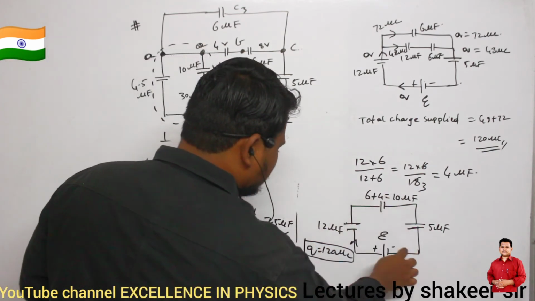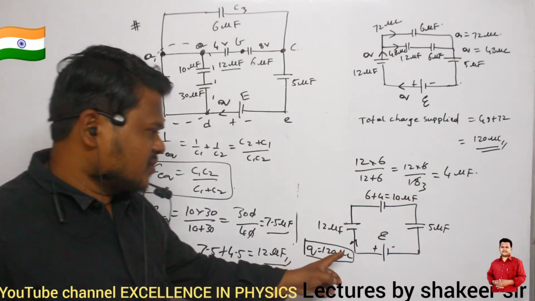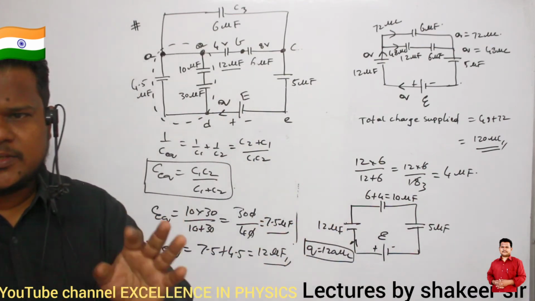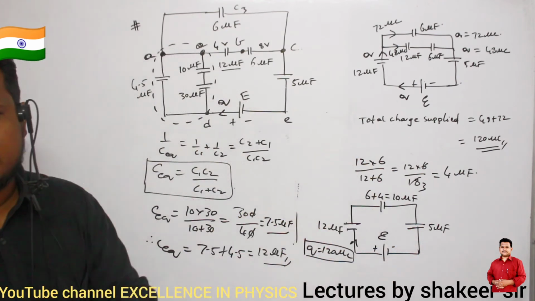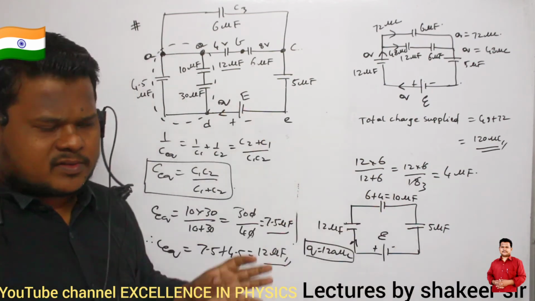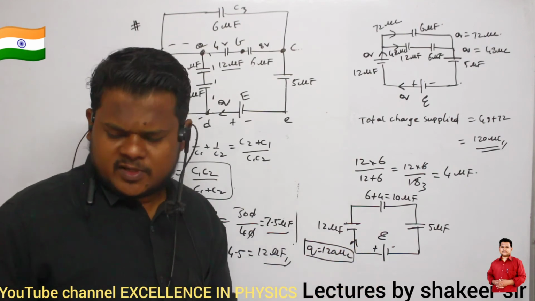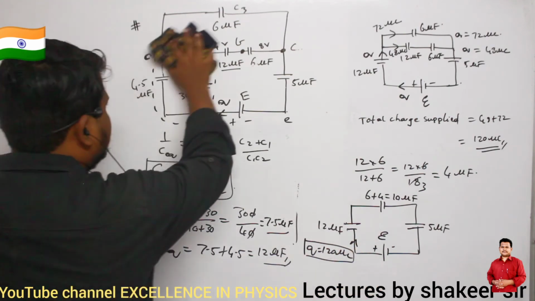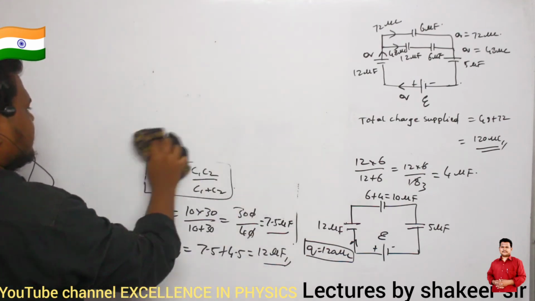All these capacitors, are they connected in series or in parallel? These capacitors, are they connected in series? Series, no? 12, 10 and 5, all of them are connected in series. Because they are connected in series, every capacitor will have the same charge, no? Every capacitor should have the same charge. That is what we have been studying, no? So let us see what we can write from here onwards.